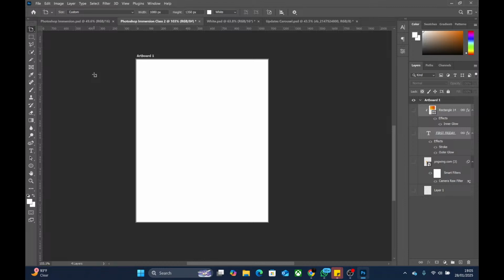Okay, so let's do it for this one. This one has one, two, three, four of these tools. The shortcut is M. I told you the letter beside that icon is the shortcut. So if I press M, it will get here. This is the rectangular marquee tool. So let's say I come like this, and then look at it, it's giving me this icon that looks like a plus. You can call it a crosshair.